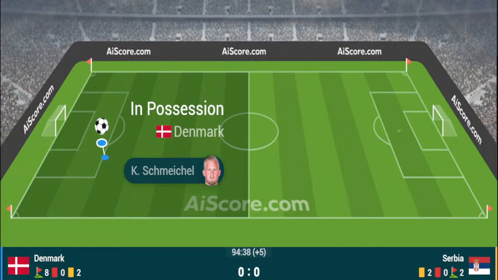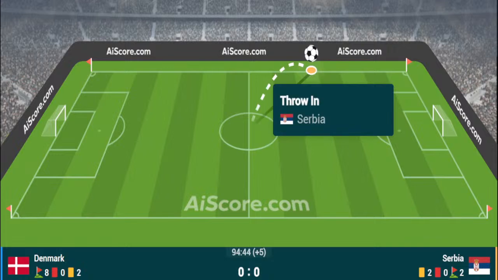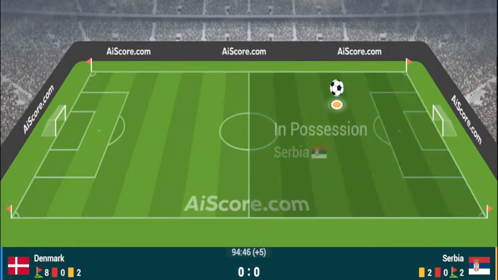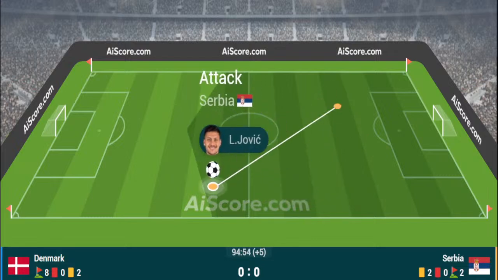We've got just over a minute to play. Serbia launched the ball forward into the penalty area. Denmark can't properly clear it. Bodies inside the penalty area, a little bit scrappy. And here is Dusan Vlahovic, and the decision has been given for a free kick. Well, a free kick for Denmark, I should say, inside their own penalty area.